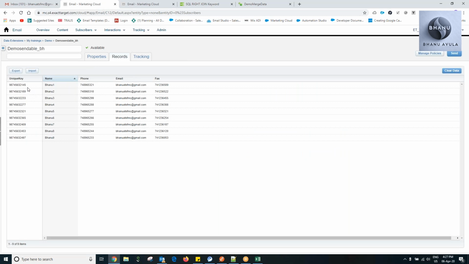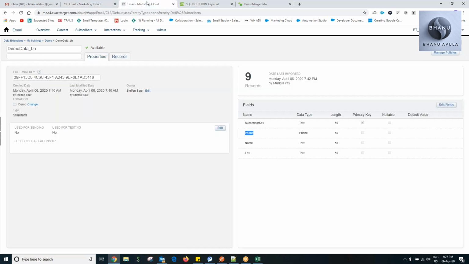This is the sendable data extension, which has a unique key. You can take it as a primary key, and now you can send an email. So all the data is particularly here. So this is how it works. And also simultaneously, if you want to send out an email here,